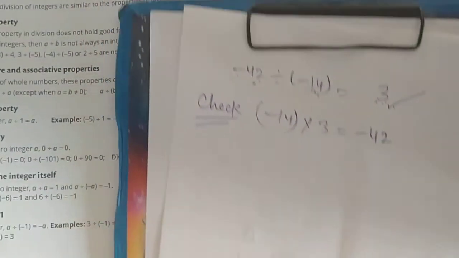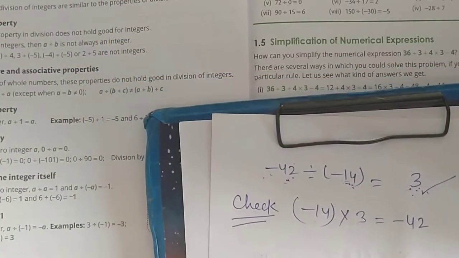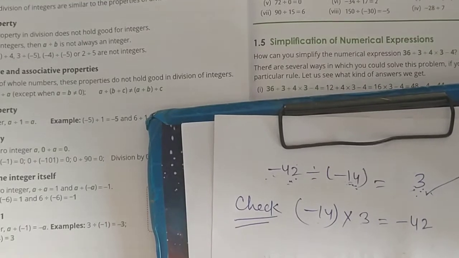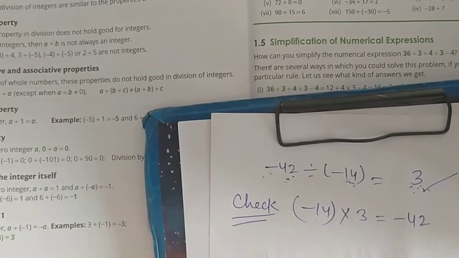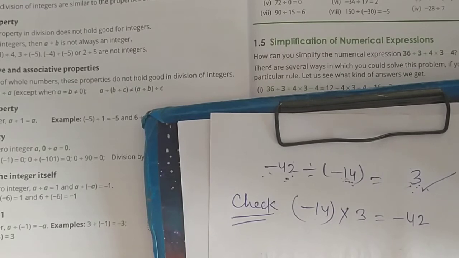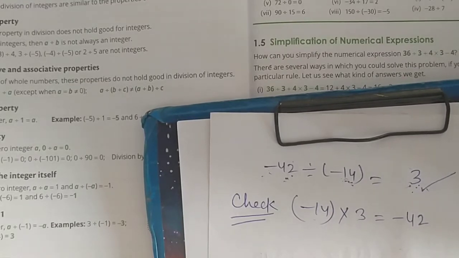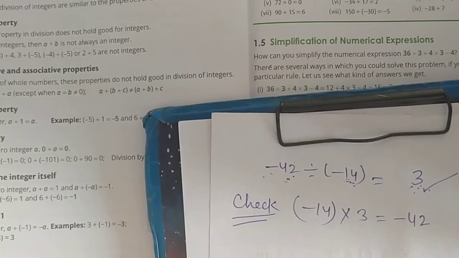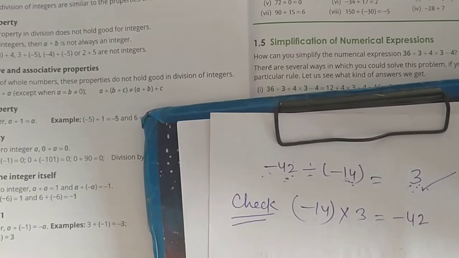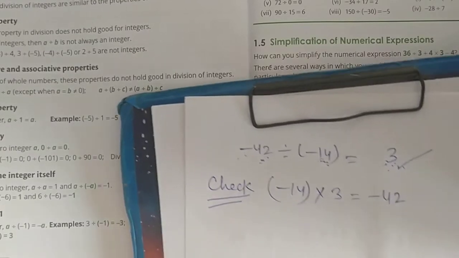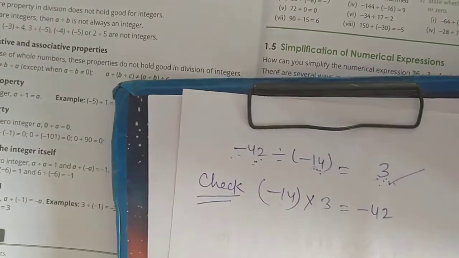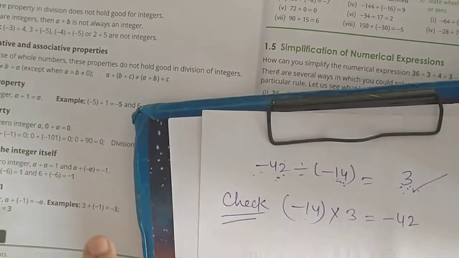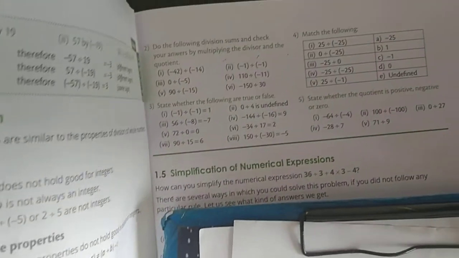The other parts are the same. Then question number 3 is true false. This is very easy. You only have to check your answer and write it. This is solved in your assignment also. Then the fourth question is matching. Matching you can also do by yourself. Then the fifth question is: state whether the quotient is positive, negative or 0.